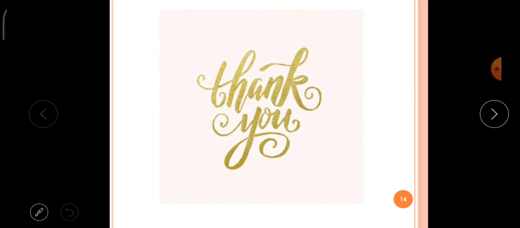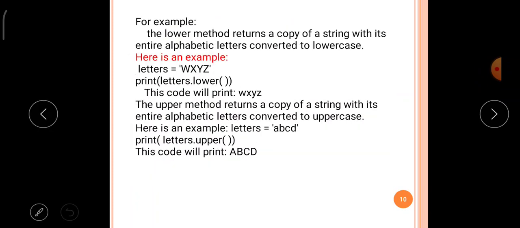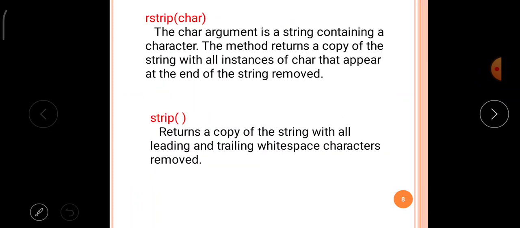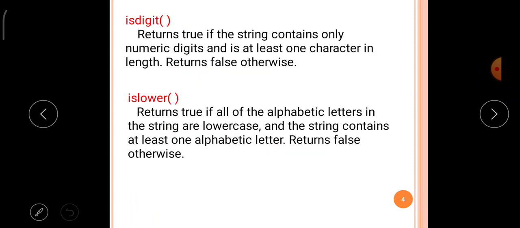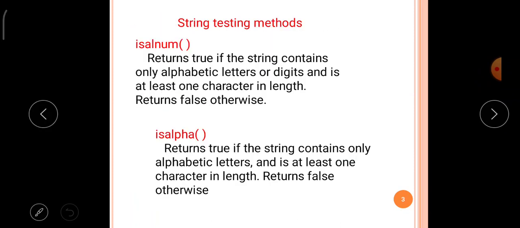The string functions are majorly classified into three types. The first one is string testing methods.